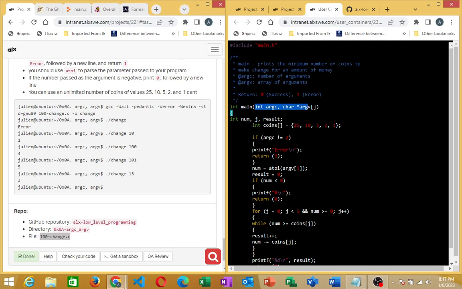So the next thing we have here, we are initializing our integer variables num, j and result, and we are writing an array coin, as an array of integers. So for this, we have here an array: 25, and so on. These are the array items. And if argc is not equal to 2, then print Error. All right, so you return 1, and if num is equal to atoi,